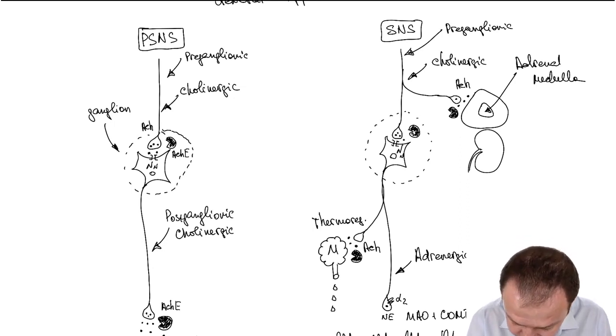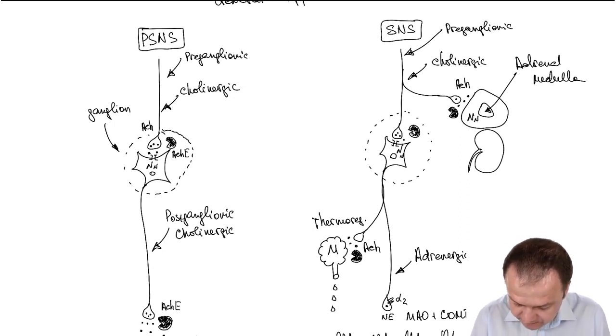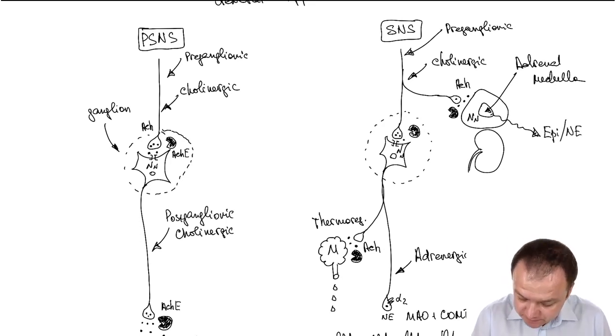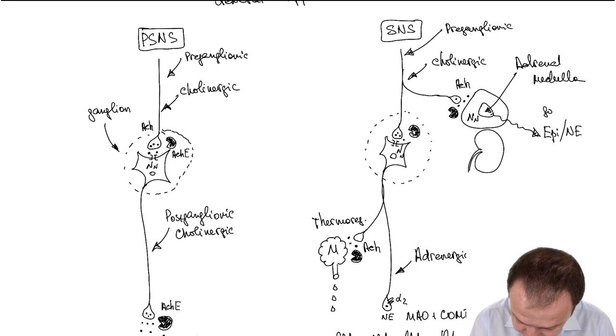Acetylcholine interacts with the N type of receptors, and in response to that, the adrenal medulla releases epinephrine and norepinephrine into the circulation. Again, 80% epinephrine and 20%